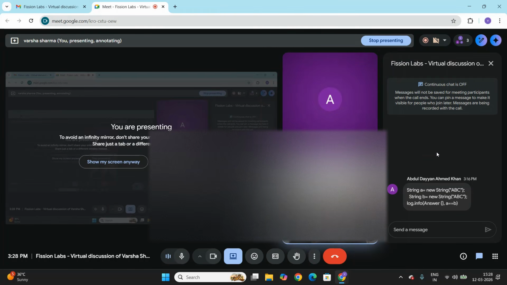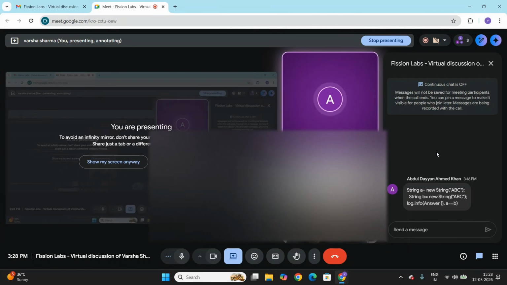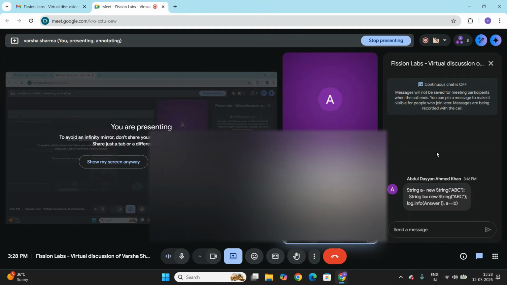Okay, so firstly, we will get employee dot get department, and then we apply a filter where department equals that one. You can maybe just type it in this message.